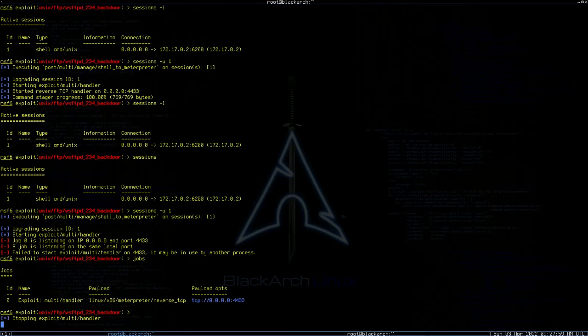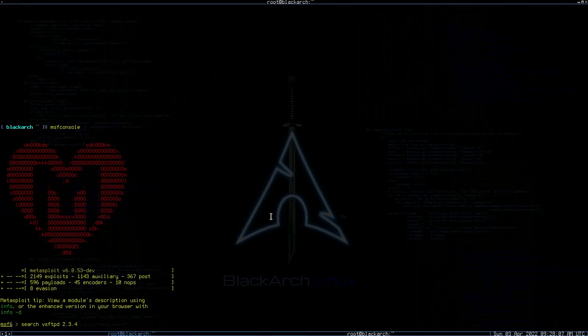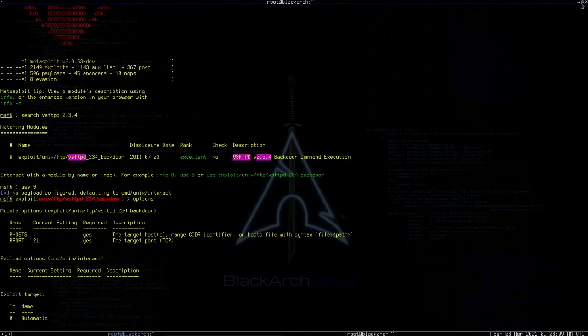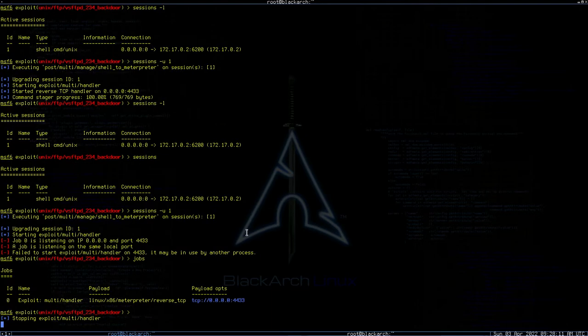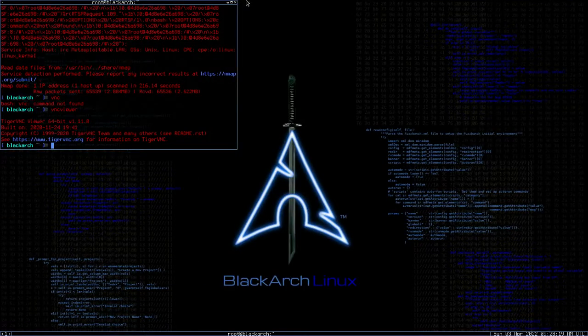Okay, so stopping the exploit handler. Okay, so we have done some port scanning. Now let's try to, let me just close this since I cannot. Now